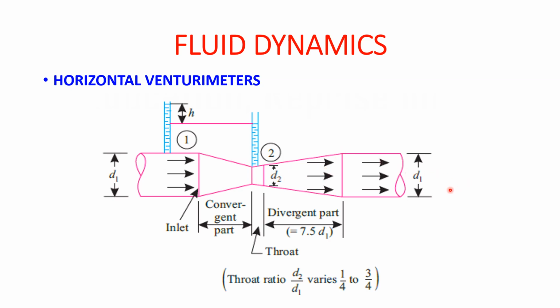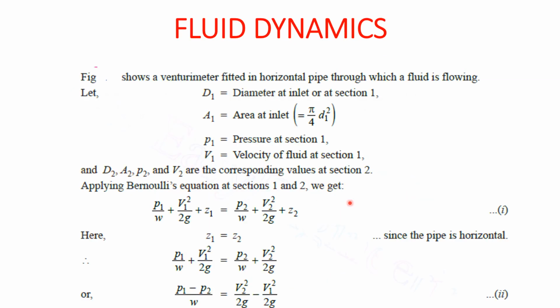Then the water passes through the throat, so there is a pressure difference created from convergent to throat. Initially the pressure was larger, then the pressure was lower. Then as the water passes through the throat section, it has to pass through the divergent section to go into the next part of the pipe. So in order to keep the pressure constant from inlet to outlet, the diameter of the divergent section has been increased gradually, and the length also has been increased. So due to that, the pressure will be constant at the inlet and outlet of the venturimeter. Okay, then going for the next part, that is the derivation.